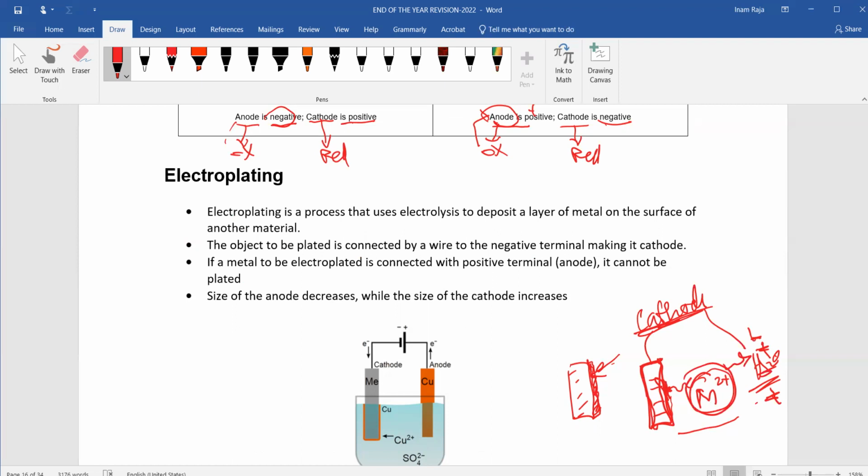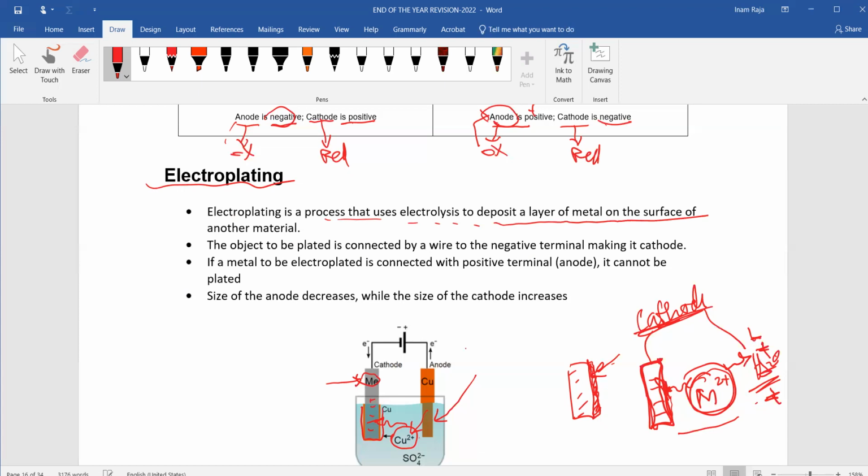All right. So look at this. In this case, for example, whatever metal is here, that metal is negatively charged, and copper from the solution is traveling towards it and depositing there. So this thin layer is deposited there, and the copper anode is also dissolving. So in electroplating, the metal which is being plated becomes larger in size, and the metal which is being dissolved becomes smaller in size. All right, this is electroplating. The important thing you need to know is that the metal which you want to electroplate cannot be the anode, it must be the cathode. So electroplating is a process that uses electrolysis to deposit a layer of metal ion on the surface